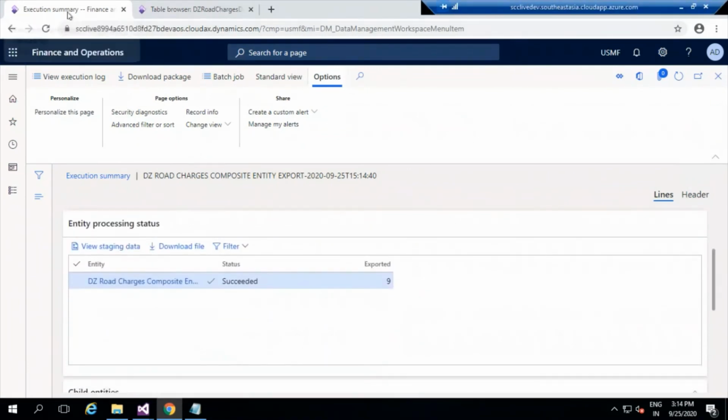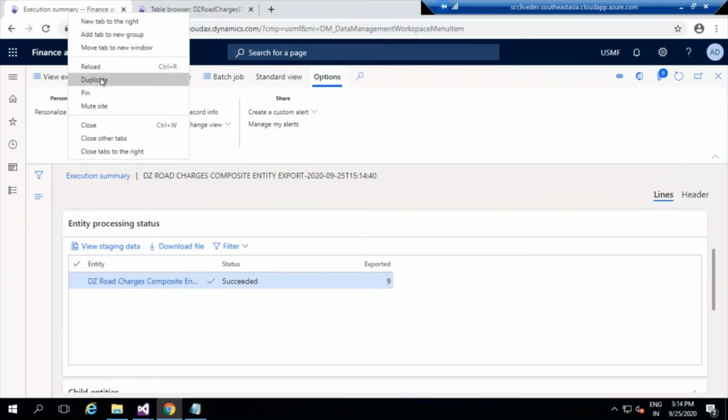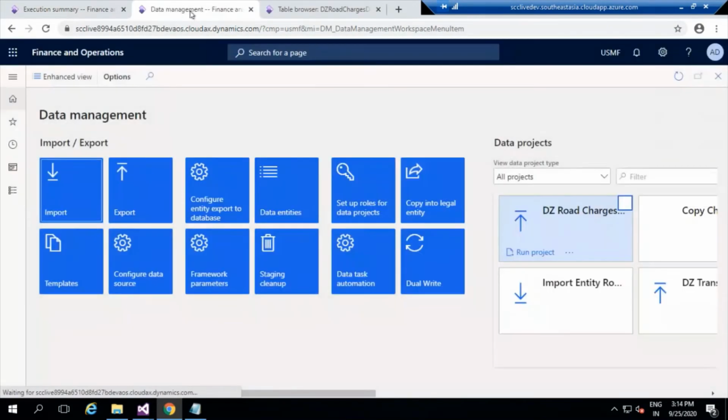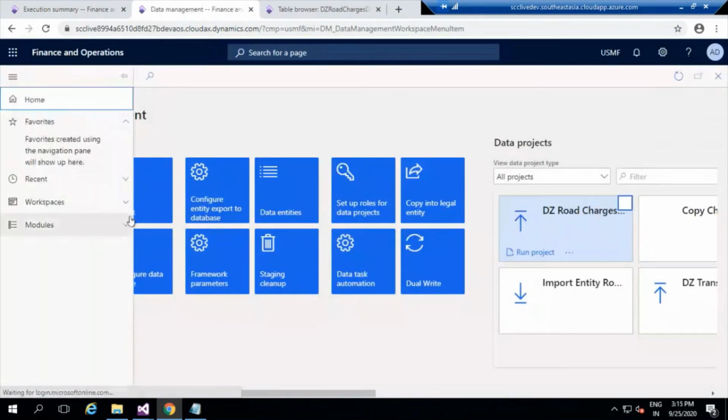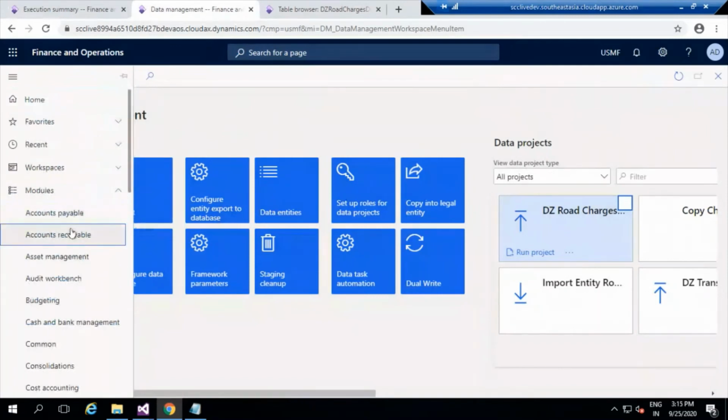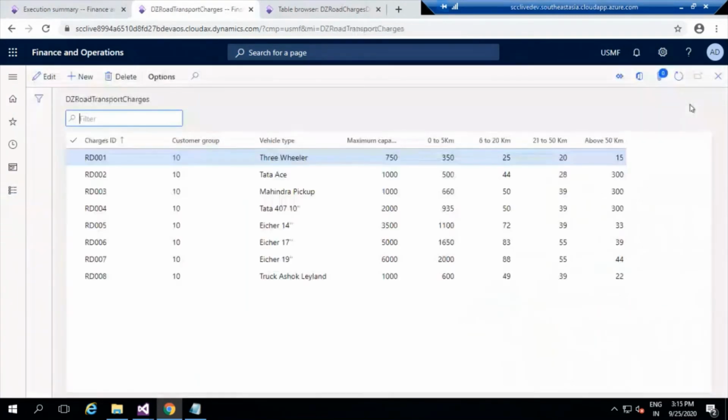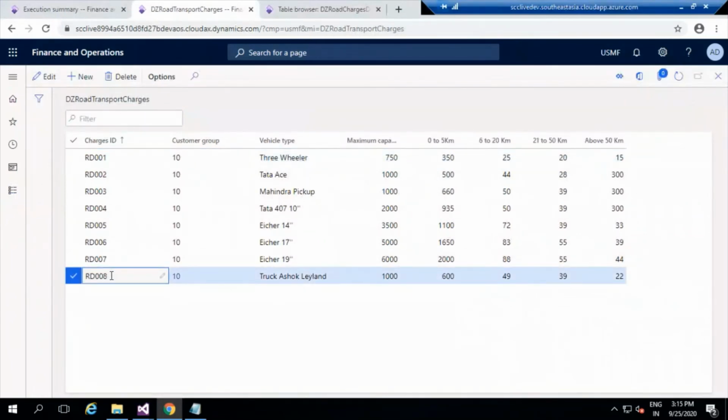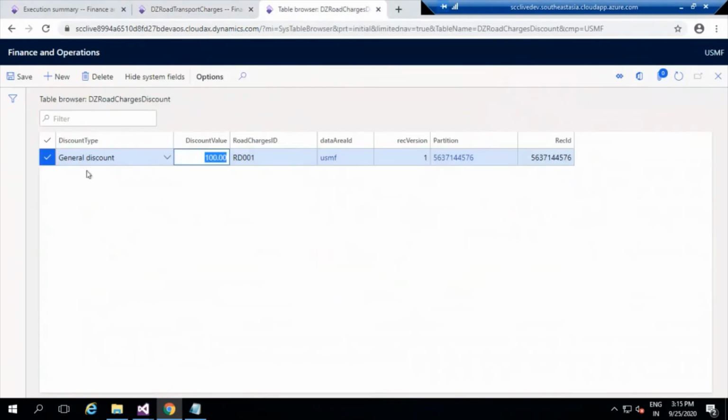We'll go back here to our table and see how many records there are. There are only 8 records available, but it says 9 records exported. The reason is that it has taken 8 records from the header entity and 1 record from the child entity, so it has exported 9 records in total.